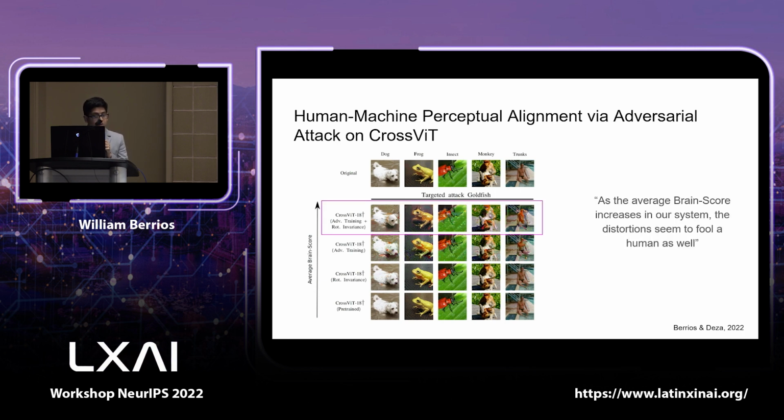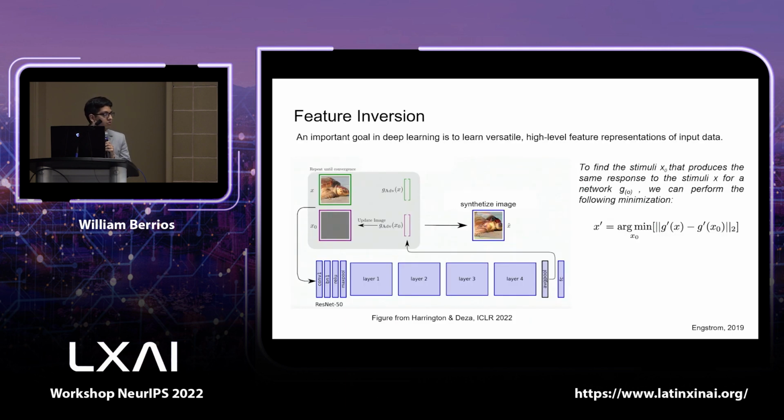So the curious thing here is that as the average Brain-Score increases, this distortion seems to fool a human as well. If you can see, for example, the image here on the right on the human, you can see it resembles what would be a goldfish. Also, another important